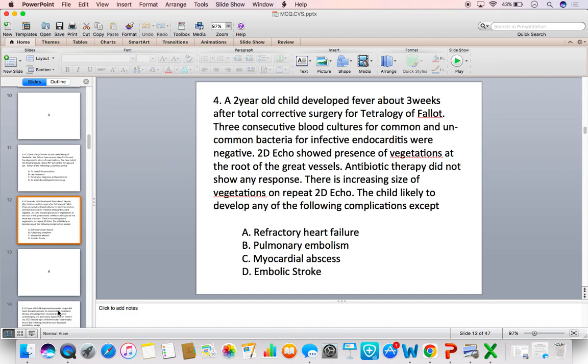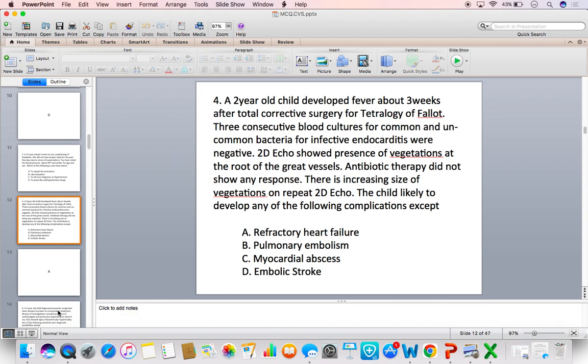A 2-year-old child develops fever about 3 weeks after a total corrective surgery for tetralogy of Fallot. Well, 3 consecutive blood cultures for common and uncommon bacteria for infective endocarditis are negative. 2D echo shows presence of vegetations at the root of the great vessels. The antibiotic therapy did not show any response. There is increasing size of the vegetation on repeat 2D echo. The child is likely to develop any of the following complications except,